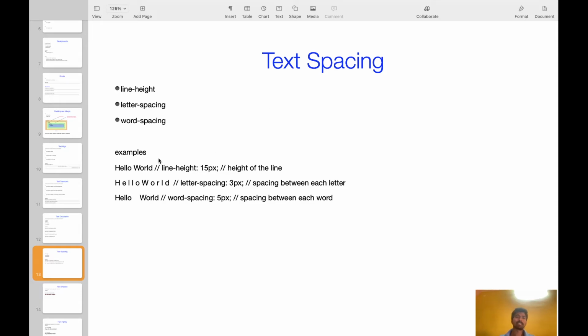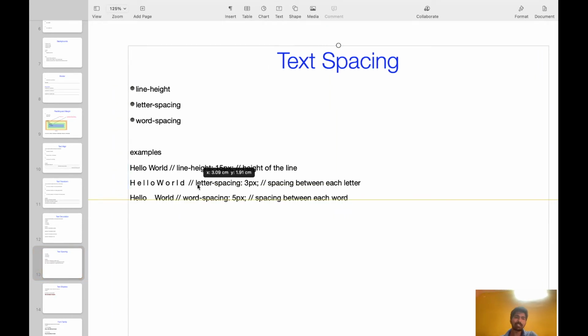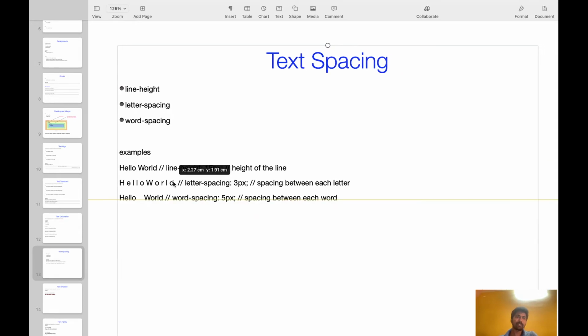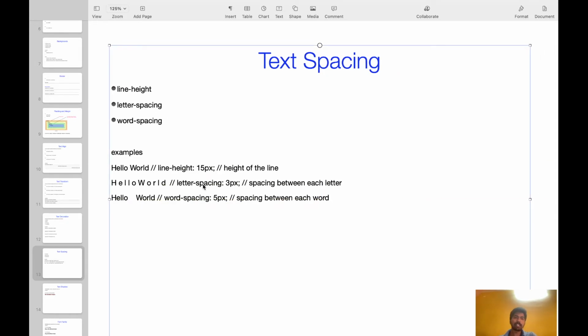text spacing. If you want to give a particular line height, you can use line-height: 15px. Letter spacing means you can give space between each letter. For example, here letter-spacing 3px means a 3px space will come between each letter. Word spacing is also there. If you want to give space between each word, you can use word-spacing.